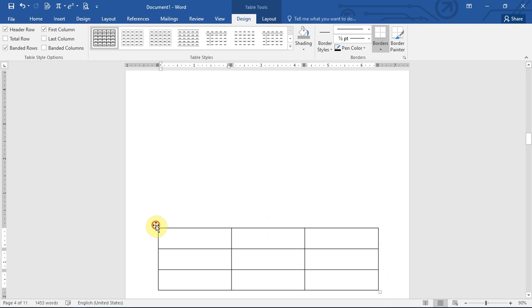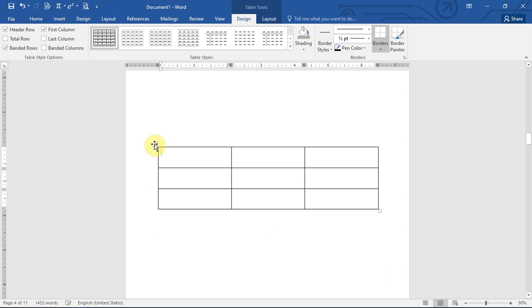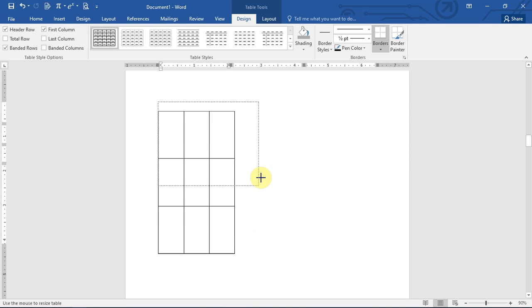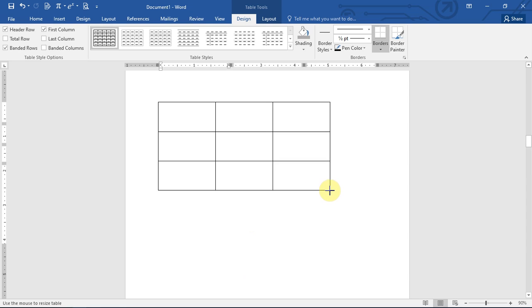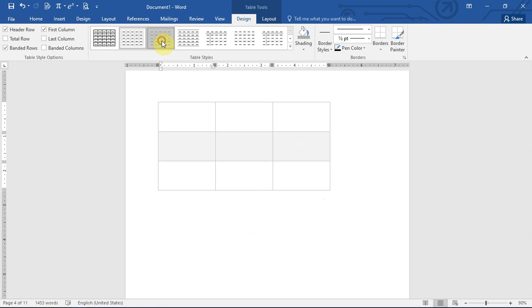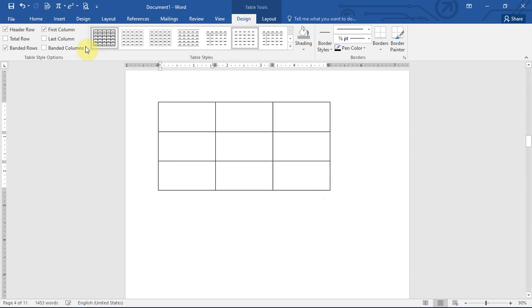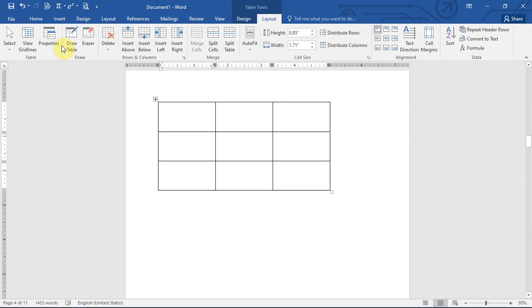You can move the table where you want it by using this icon. You can use this one to increase the size of the table or to decrease it the way you need it to be. So you can click on design to change the way it looks. You can click layout to insert new, to draw a table, to erase, to edit, to insert above,